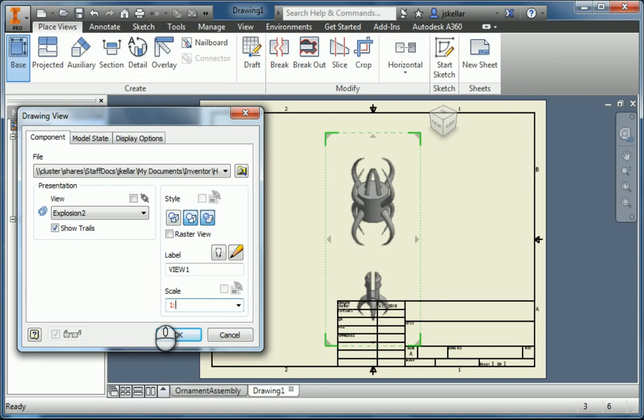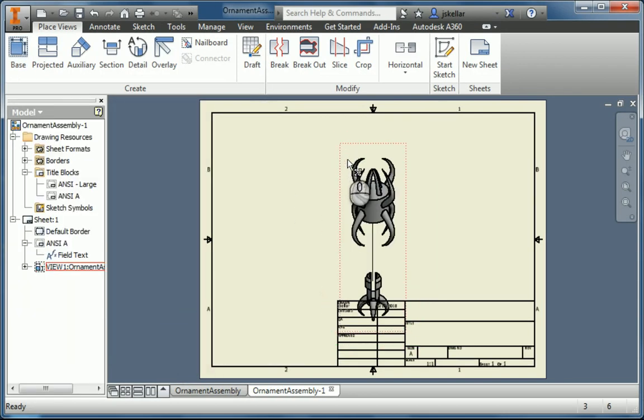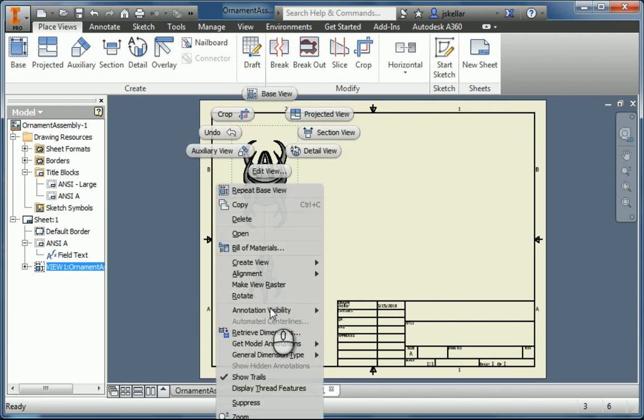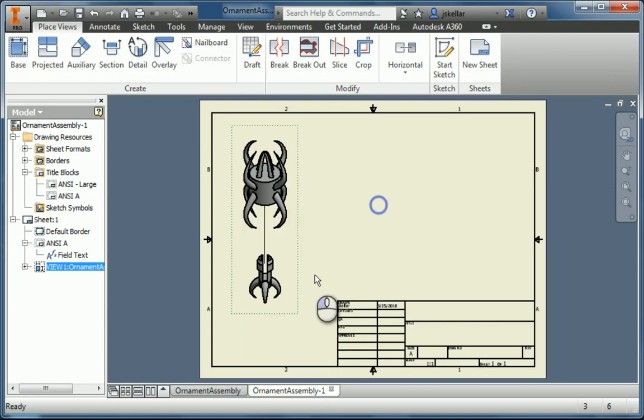About 1 to 1. There we go. Okay, and there's my presentation file. I can move it. If I forgot to put color on it, I can right click. Notice I have to wait till my mouse has the little crosshairs, then I can right click, edit view, and